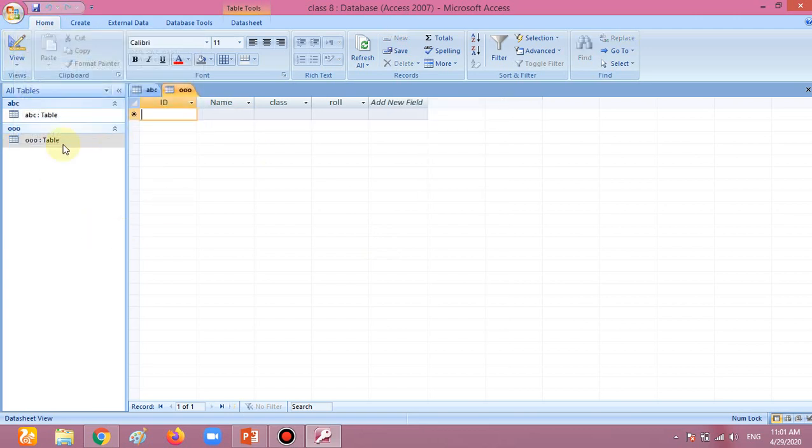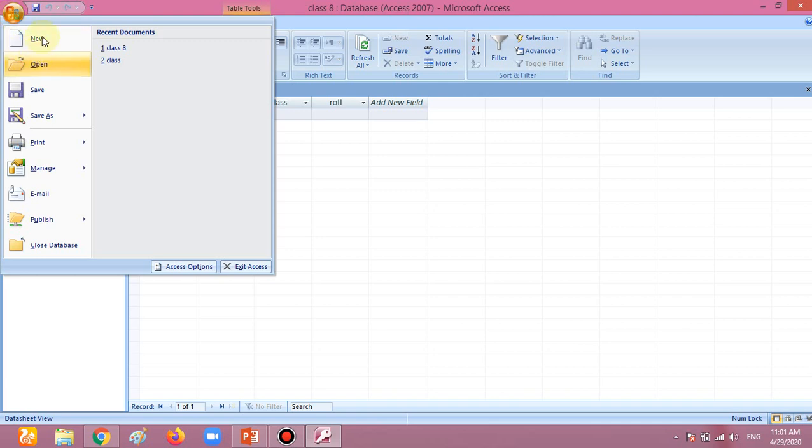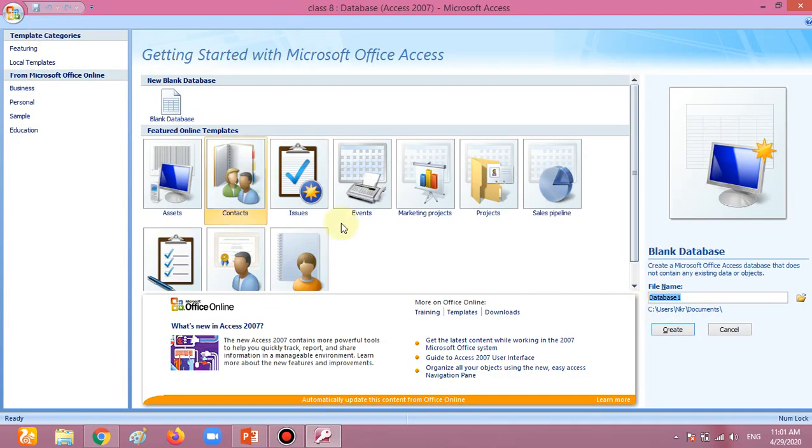Now when we are in a database, I want to create a new database. How can we create a new database? So we simply go to the File button, choose the New option. When we choose the new option, this page automatically comes up, the blank database, the table database. We have to do the same way from start to end. This is the same way to use a database.